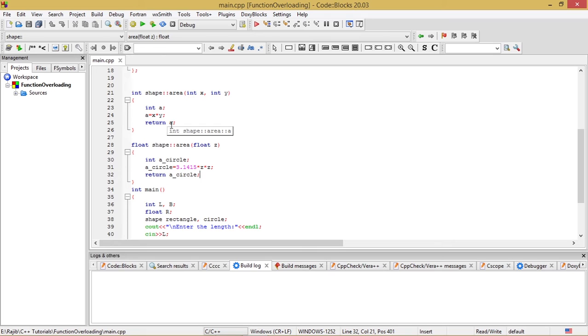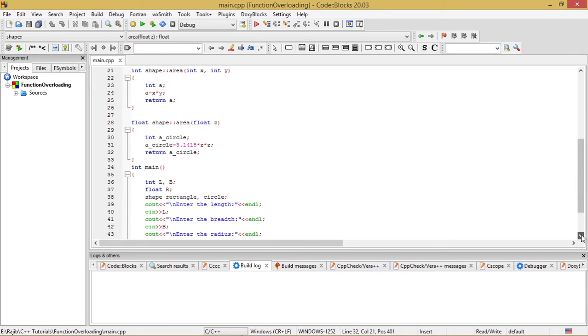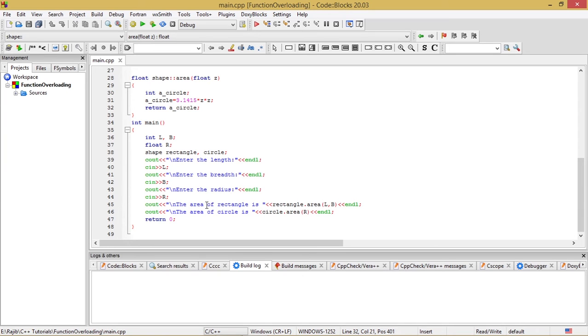So after this, in the following line I have written cout the area of a circle is circle.area with one argument r, and this call matches with the signature of this area function definition, that is float Shape::area(float z).